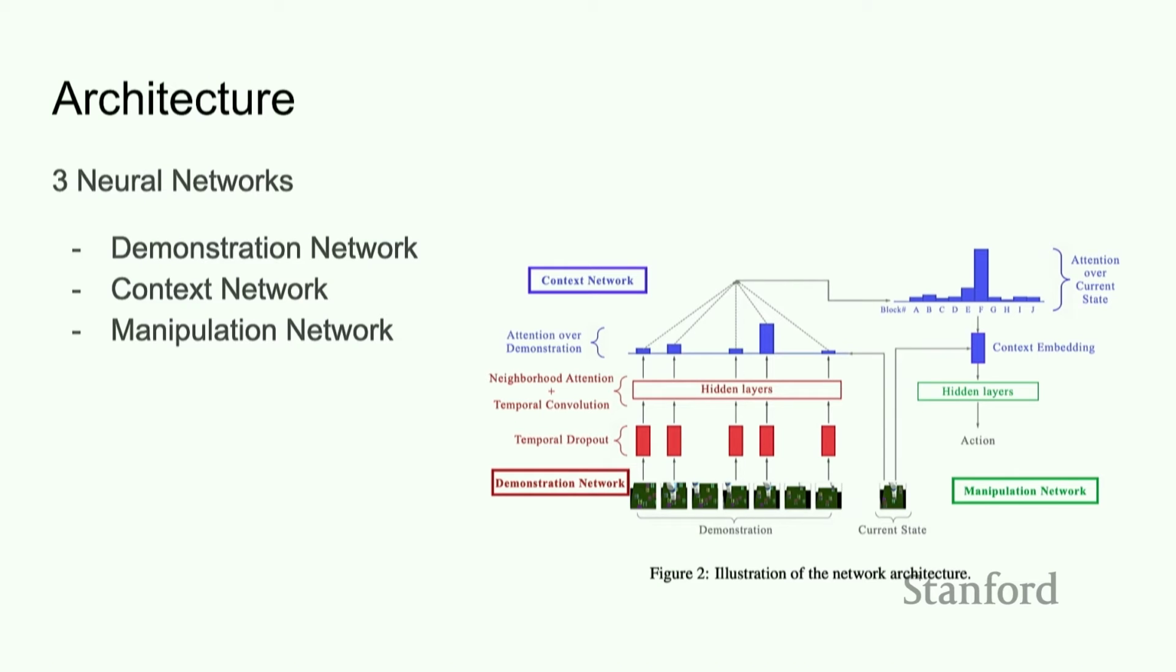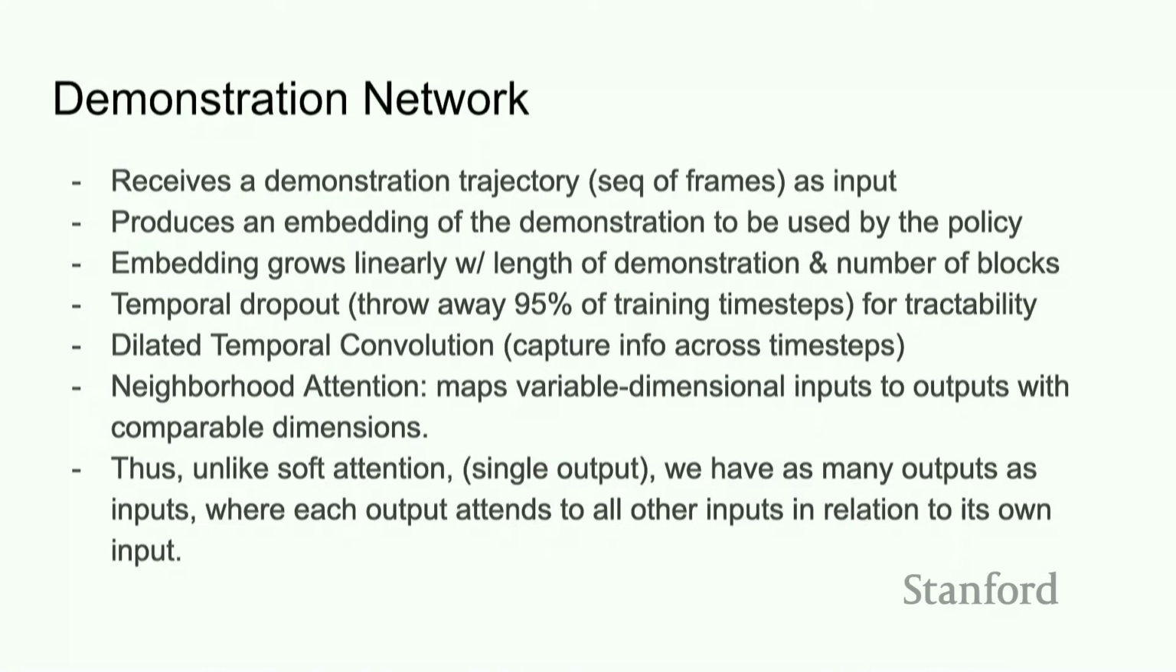To talk about how the authors implemented the architecture, there are 3 neural networks that are computing these different embeddings and taking different actions. There's the demonstration network, the context network, and the manipulation network. To go through them one by one, the demonstration network receives as input some demonstration trajectory,